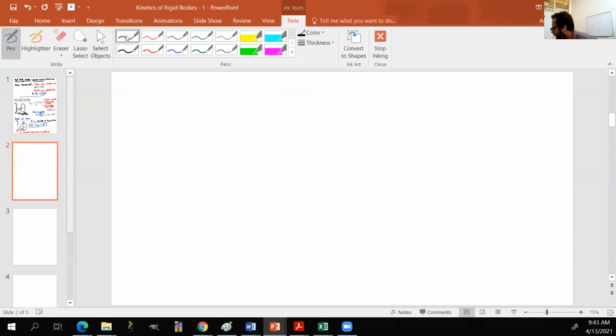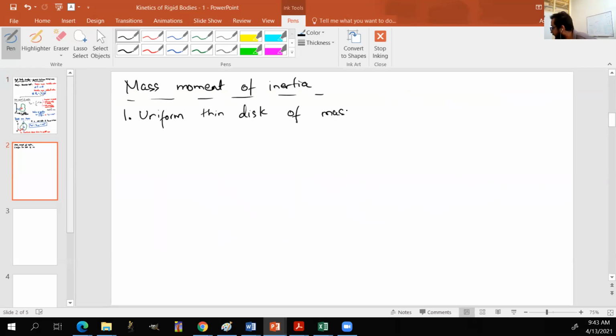So we have examples. So we have mass moment of inertia. The first super common shape that we look at is a uniform thin disk of mass m and